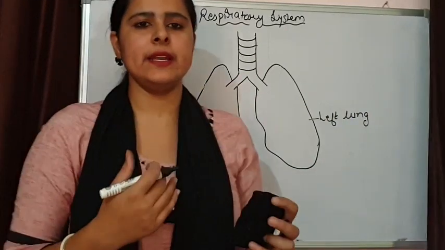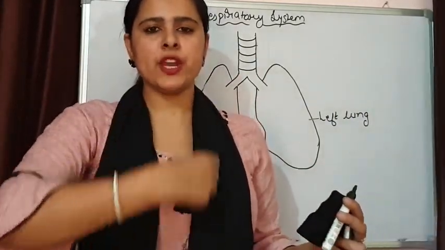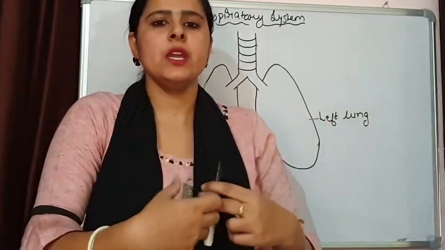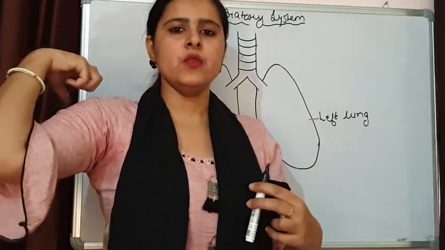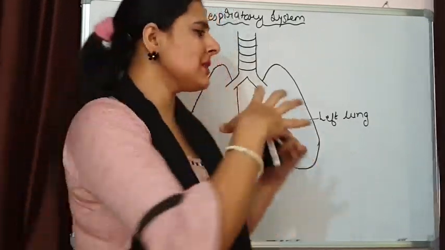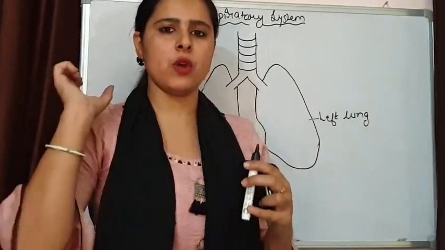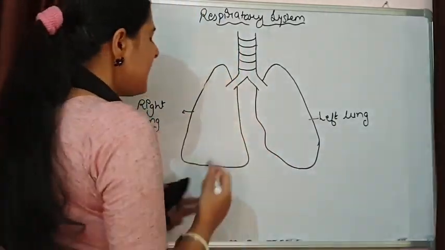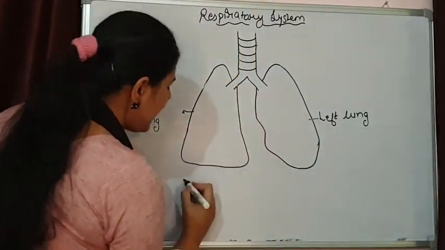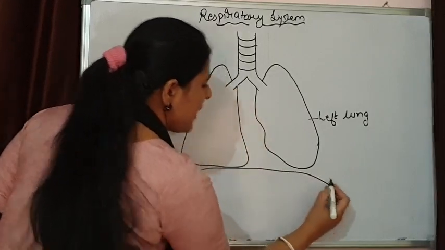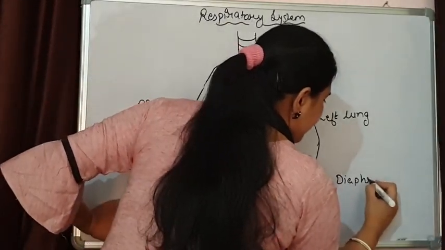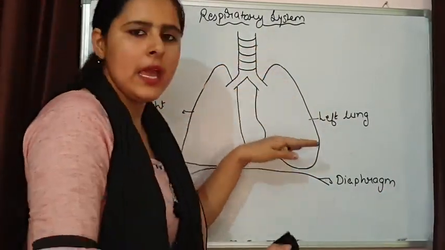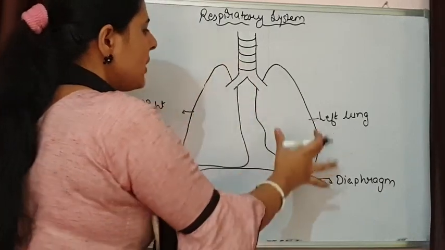Plus on the front side, in the middle, we have a straight bone, the sternum, and with the sternum the ribs are joined, and on the back side we have the thoracic vertebrae. So these lungs are supported from the back side by the thoracic vertebrae, and the front side has the sternum and ribs. Plus on the lower side there is a dome-like structure, the diaphragm, and this diaphragm separates the thoracic cavity from our abdominal cavity. So this is how the lungs are present.